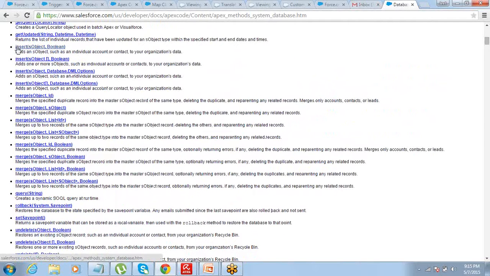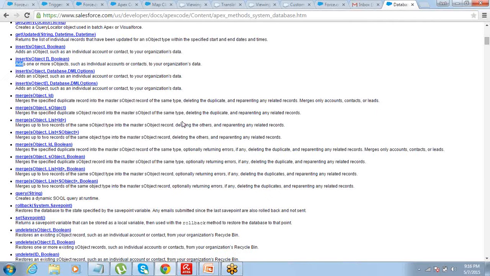So insert is what we just talked about, Database.insert. This is for a single sObject and this is for a list of sObjects. See the parameters which are being passed, right? You have a merge option and all these things. We don't have this many options available with our normal DML. We just have insert, update, delete, undelete, right?